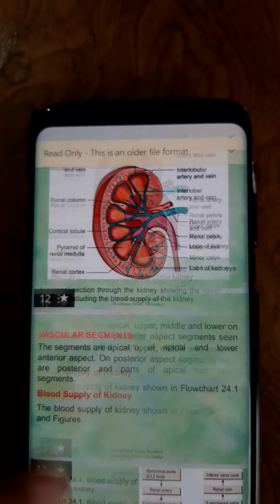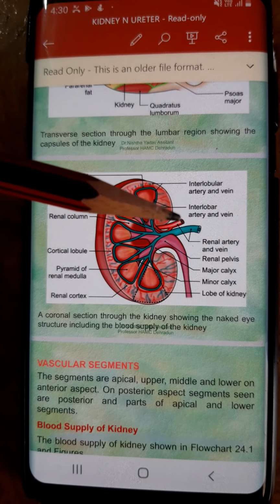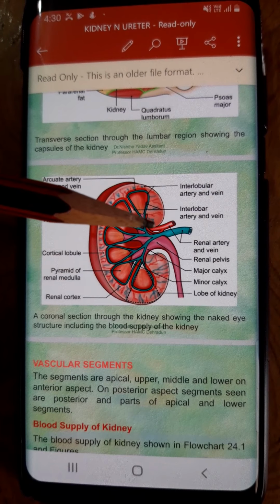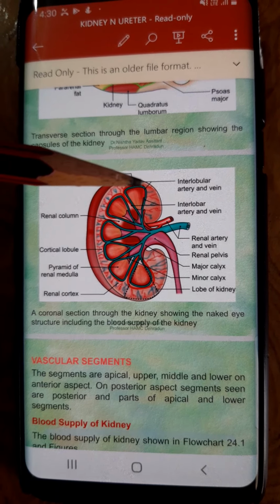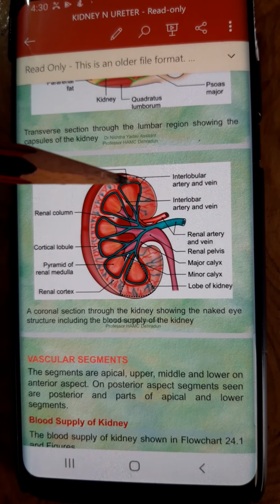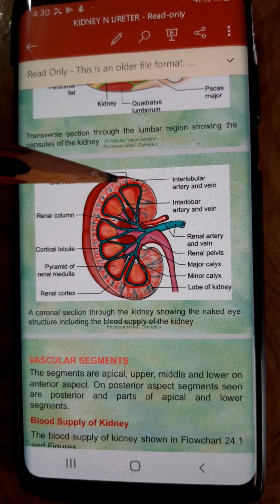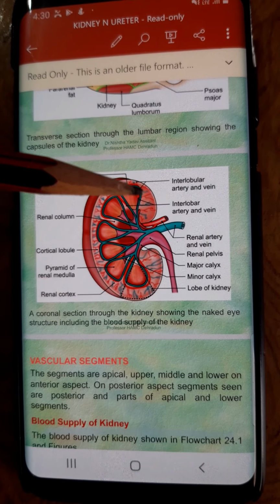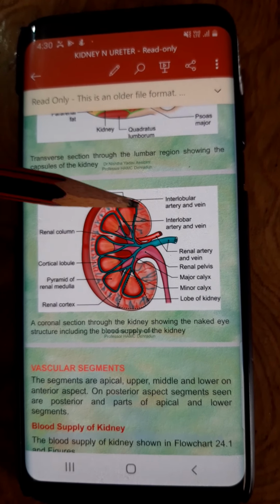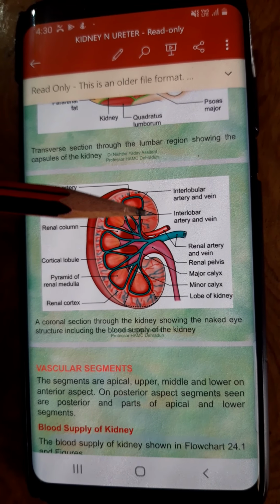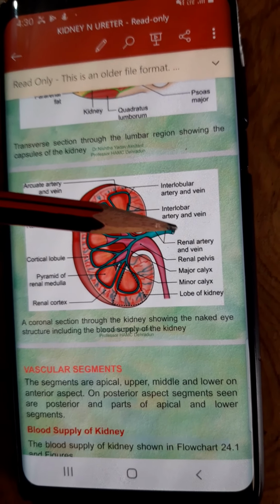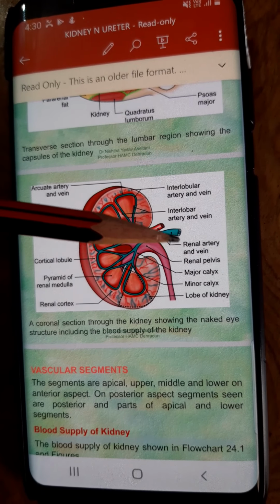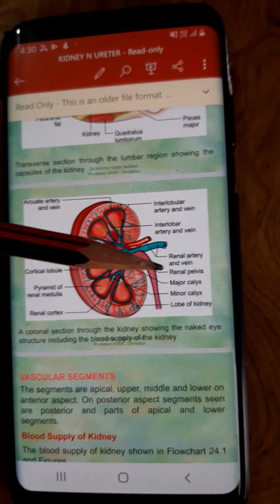Now if you see in the diagram, this is the renal artery. It divides into segmental arteries. The segmental artery divides into the interlobar artery. The interlobar artery divides into the arcuate artery above each pyramid. The arcuate artery divides into smaller branches, which are known as interlobular arteries, and the interlobular artery into the glomerulus. So this is the blood supply of the kidney. As far as venous supply is related, all the veins unite together to form the renal vein, and the renal vein transmits all the deoxygenated blood into the inferior vena cava. So this is the blood supply of the kidney.